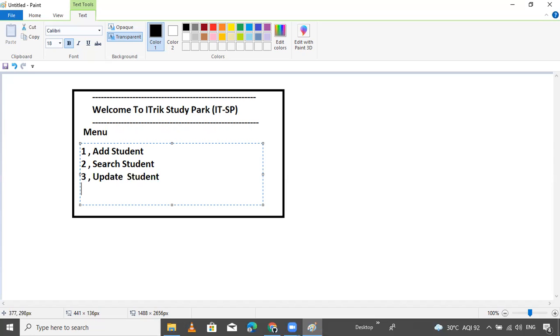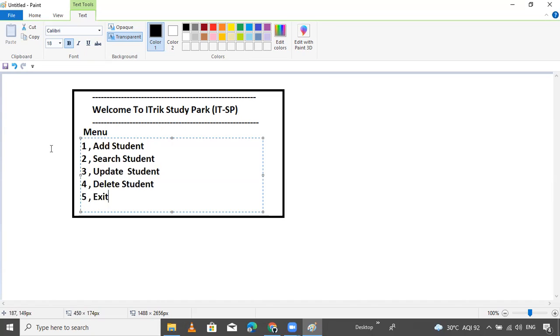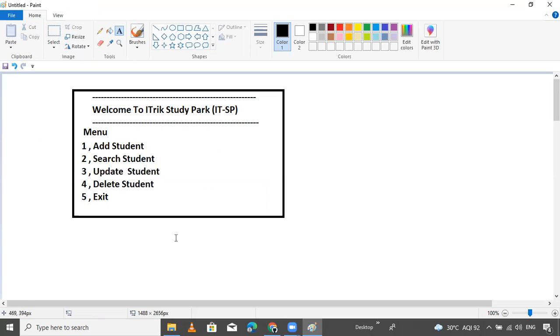And the fourth one is delete student. We want to delete a student. We perform this only on the basis of one ID number. You enter the ID number, then you can update, delete and search. All these things we can do. And if the user presses 5, it simply says exit. You want to exit? Simple exit. It's a simple application. We are not doing any drama here.